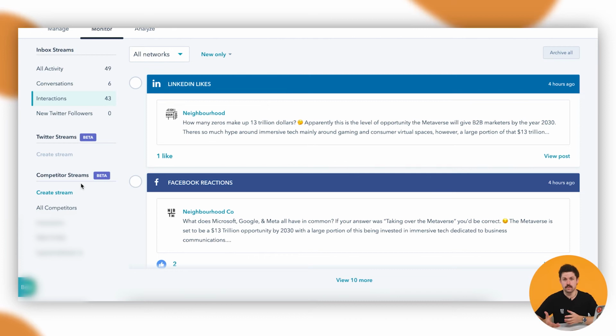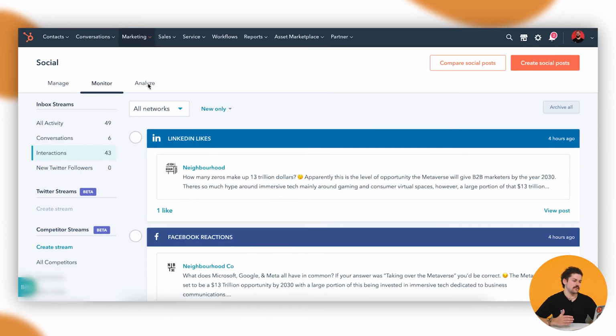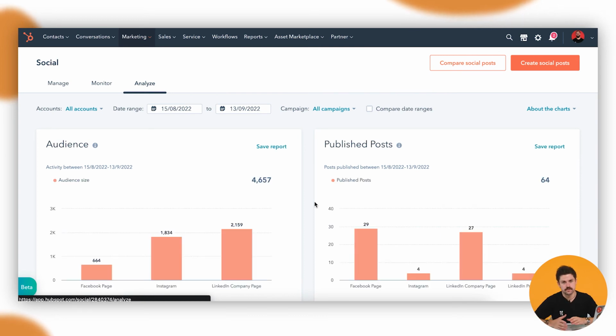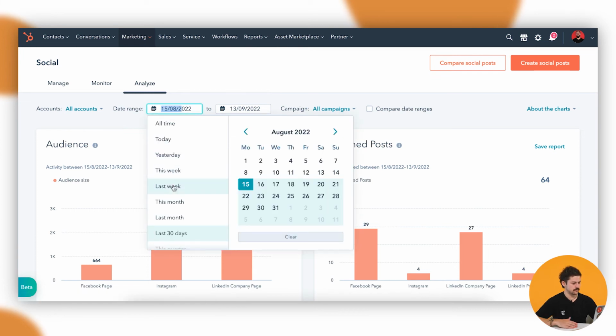Now moving on, we'll go over to the Analyse tab here. Now the Analyse tab is essentially focusing on all the metrics or pulling reports from the metrics that you're interested in. Really cool because we can essentially use the date range here and find where or what we'd like to measure. So in this case, we wanted to have a look at how we went performance-wise from this quarter to last quarter. So on date range,